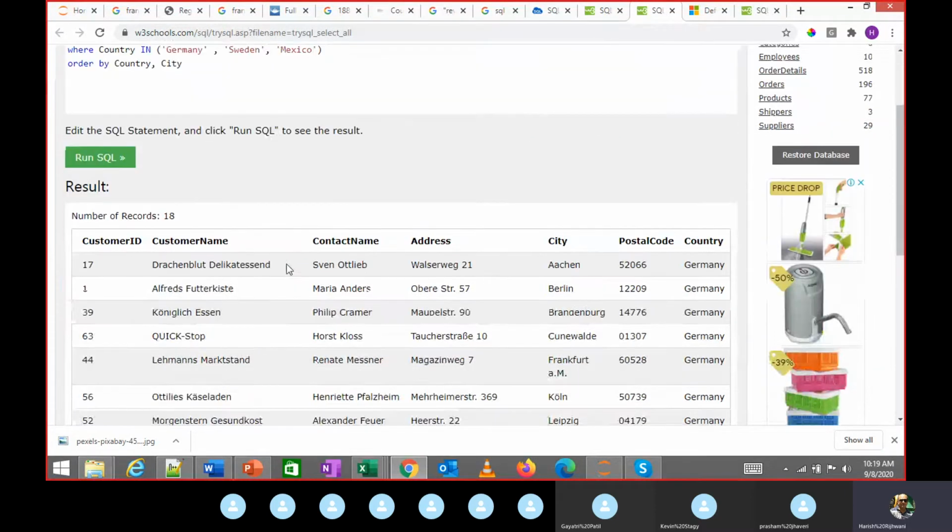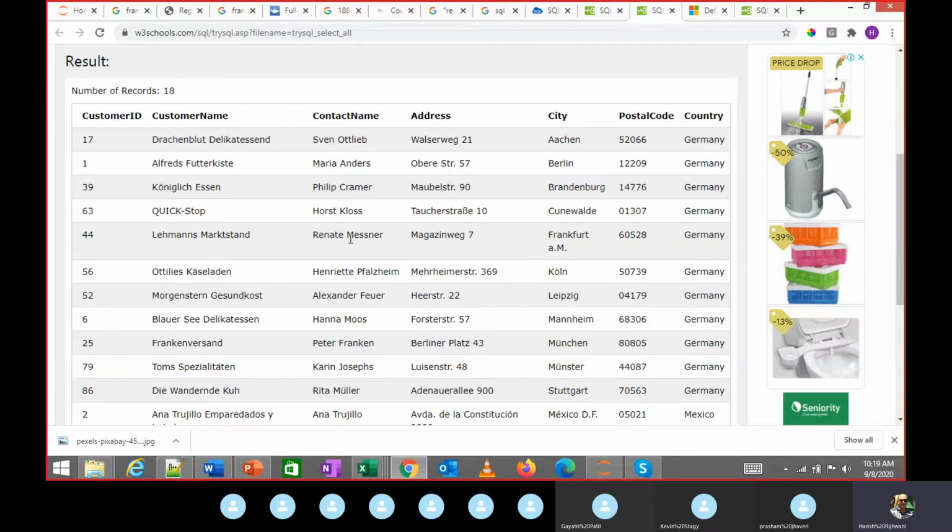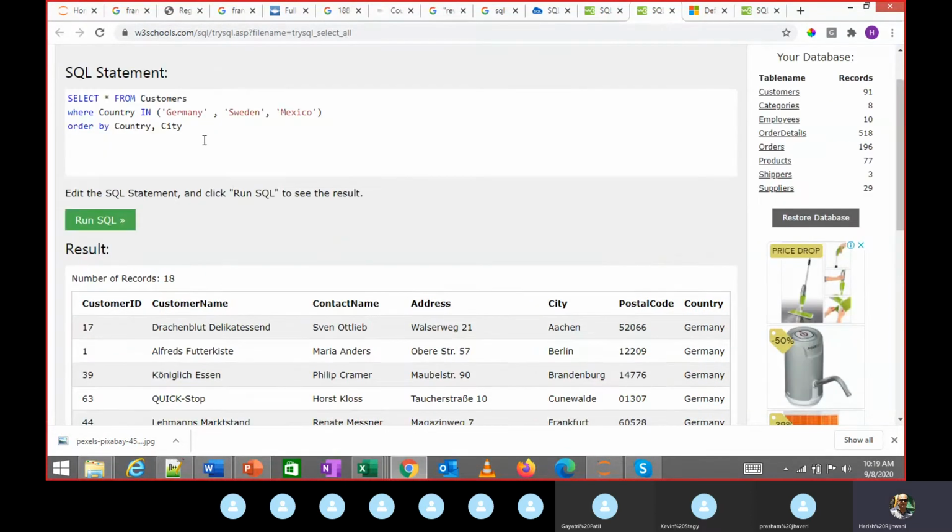The only catch is that when you are sorting, whatever field you're using in order by should be present in your select statement. So let's say I use select customer ID, customer name, address, and now if I try to run this, I'm going to get an error. Why?